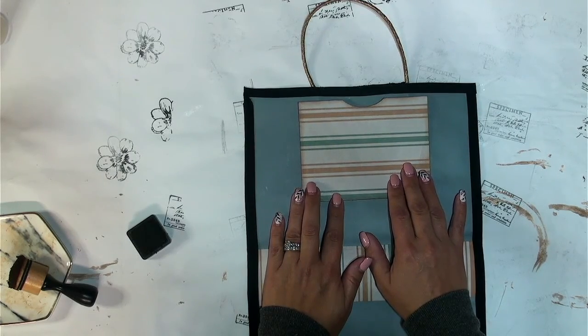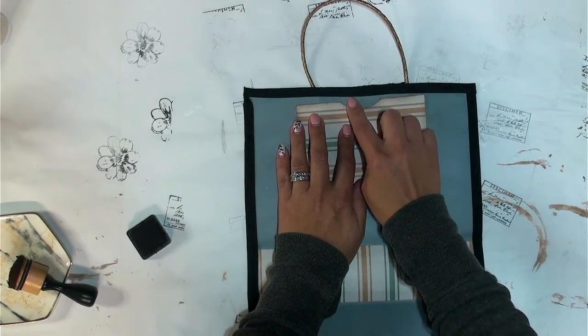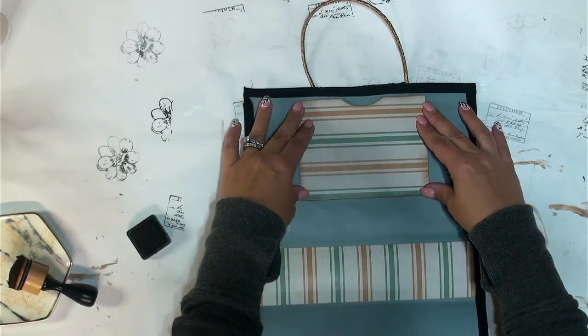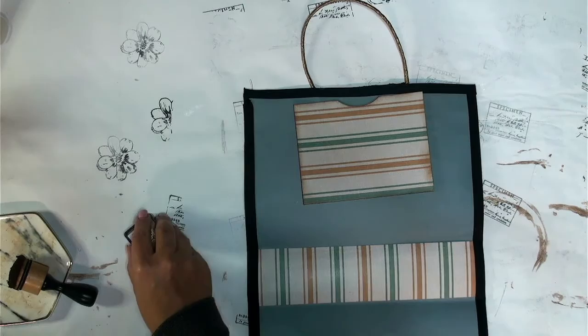But I do want to get this pocket down. There's a little bit of paint there, but I don't think it's that noticeable. And I think that looks great right like that. So I'm going to,